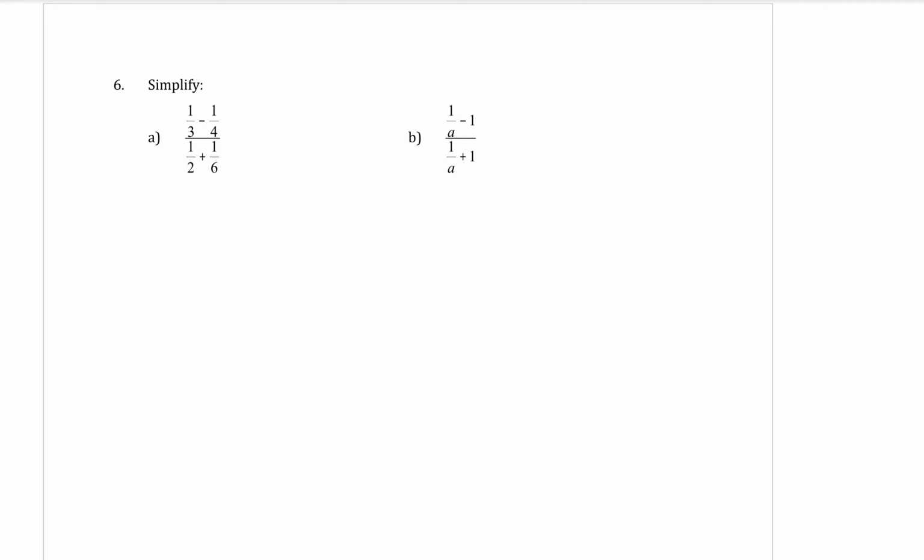All right, question 6. Question 6a is all numerical, and the temptation would be to do that on your calculator, but don't. We are practicing our fraction skills. So for the first one, we want to simplify the top. We want to subtract those 2 fractions first, because doing that one divide line is basically putting them in brackets. Basically saying I need to group the top together, I need to group the bottom together. So I have to subtract the top 2 fractions and add the bottom 2 fractions before I can do the